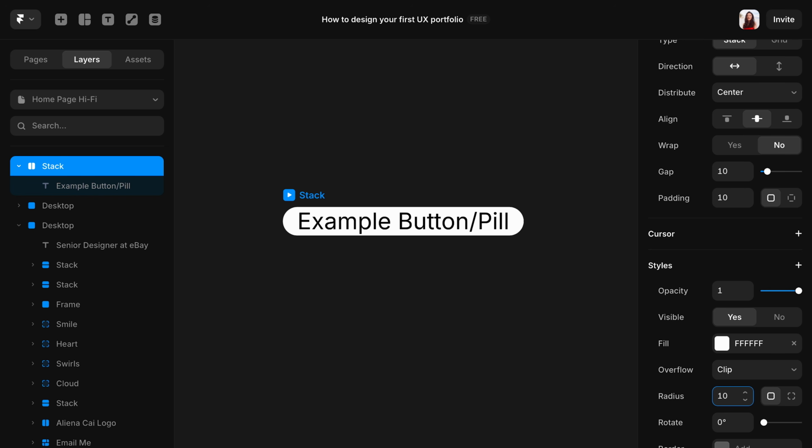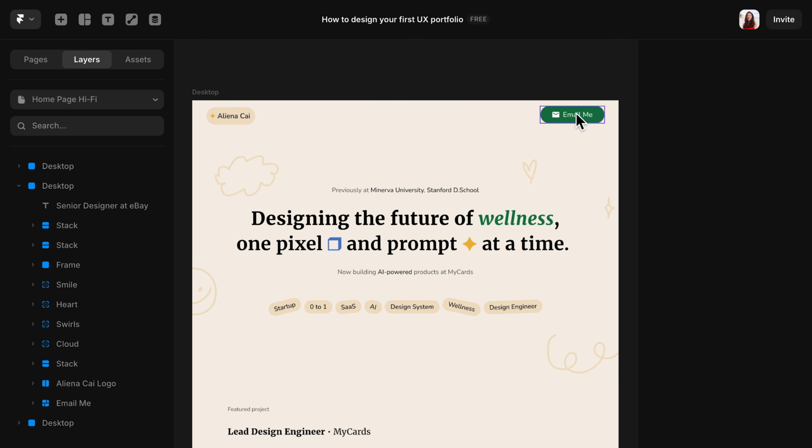And that's basically it. For buttons, I like to make them bigger, use the accent color, and choose a slightly larger font. But for pills, I like to keep the font at a body size and make the color much more subtle, usually a soft gray, and I use pills almost like Instagram hashtags. They help me to show keywords or little categories without demanding too much attention.